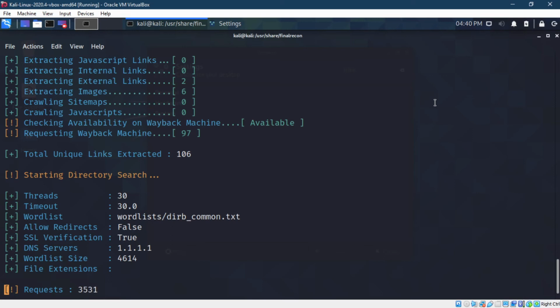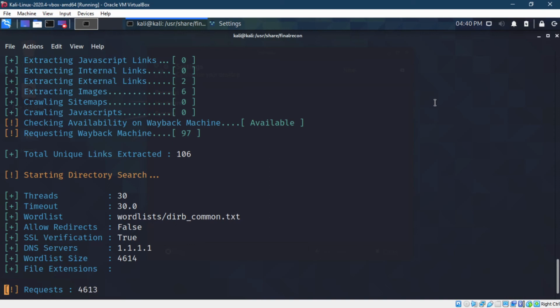Now it is trying to perform directory traversal, actually like GoBuster or DirBuster. That's what it is trying to do. Now we'll just have to wait till the requests are completed. This is exactly where I got the error last time. So many requests it is doing. It was trying to do that with HTTPS last time. It could not. That is why we got so many errors.